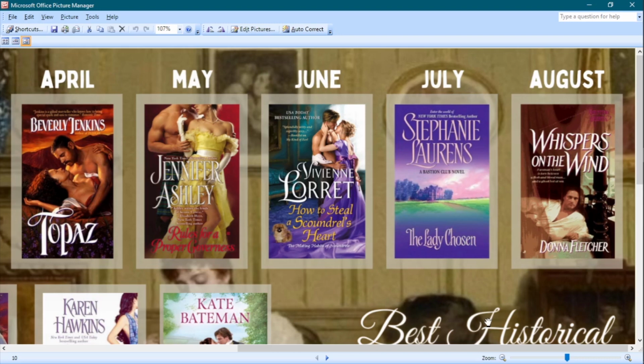Okay, so moving on to July, we have another Rick Appreciation Society book, and that is The Lady Chosen by Stephanie Lawrence. This is the first book in her Bastion Club series. Now, this is the first Stephanie Lawrence book that I have read. I have been wanting to read her Cynster series. It's been on my TBR forever, but beside the point,